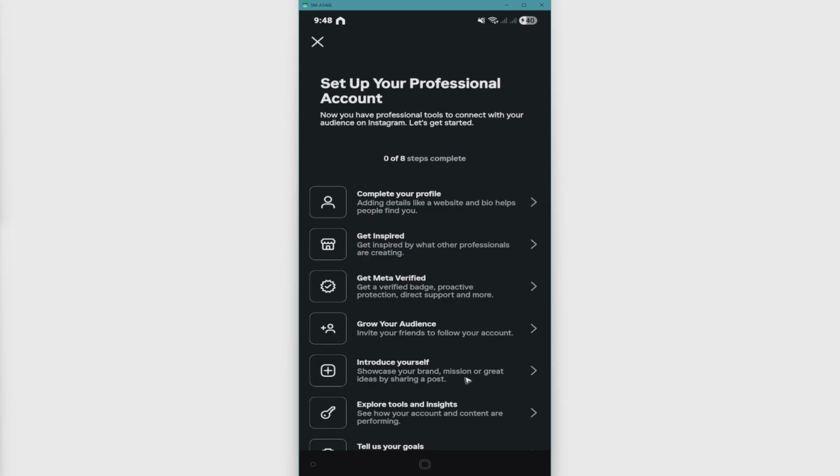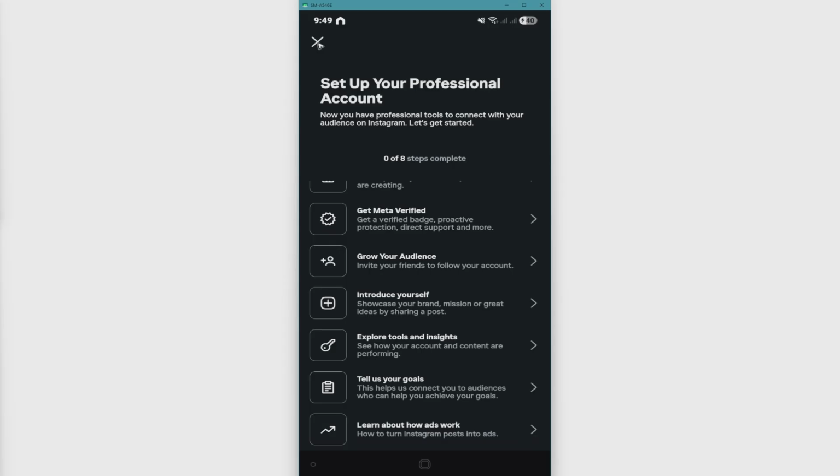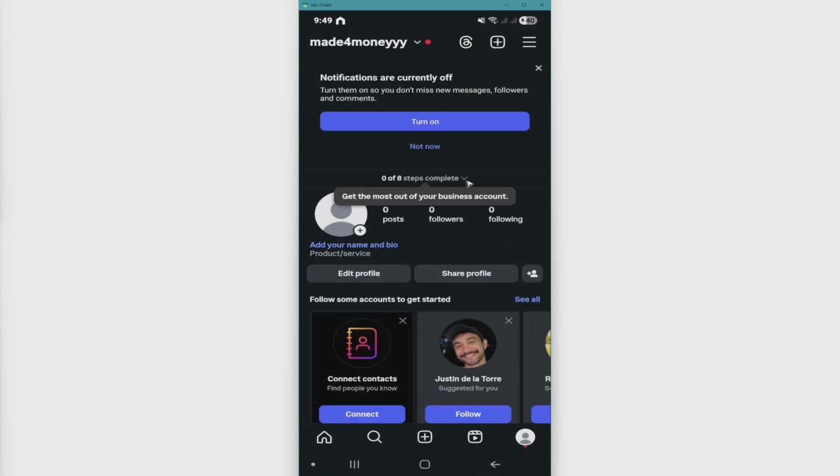Now in here, all you need to do is just follow simple prompts from here. Complete your profile, get inspired, get verified if you want to, or if not, you can just tap on X right here to skip. And there you have it. Here we now have our